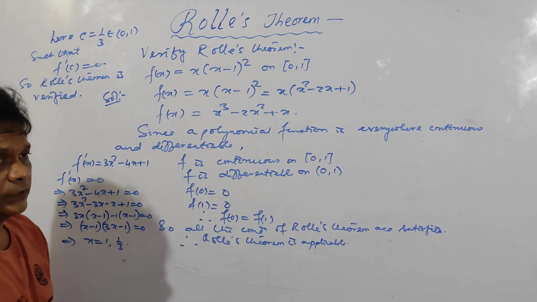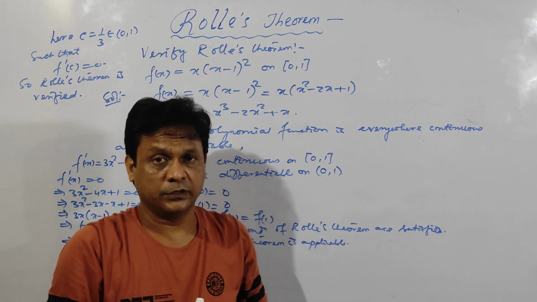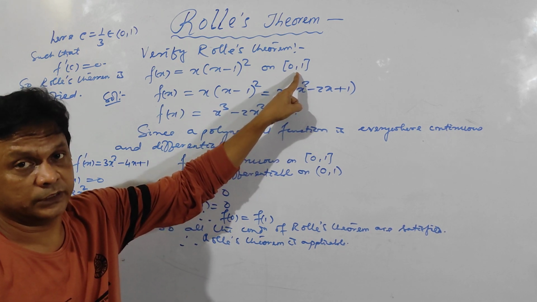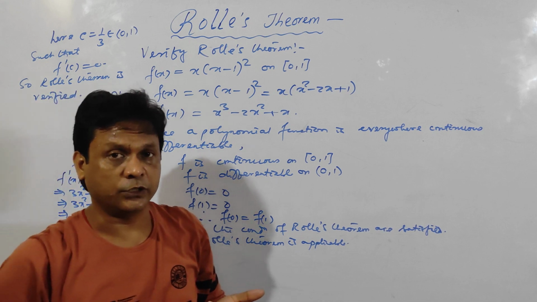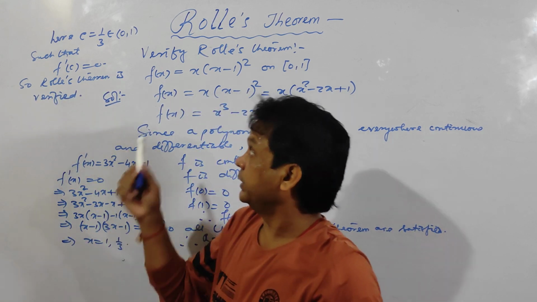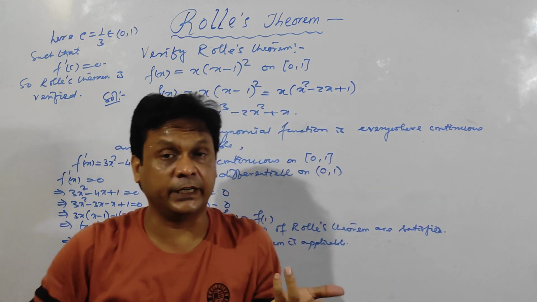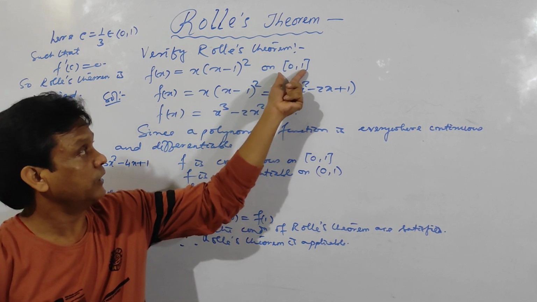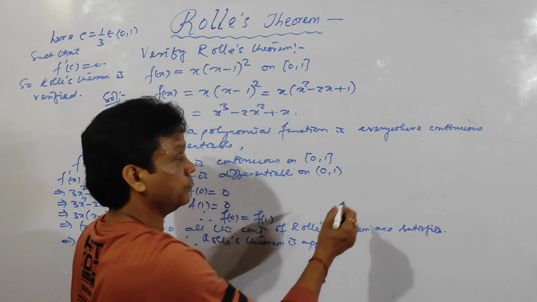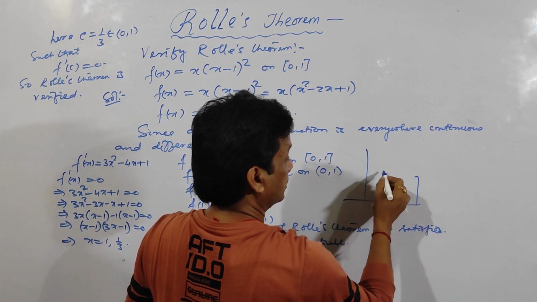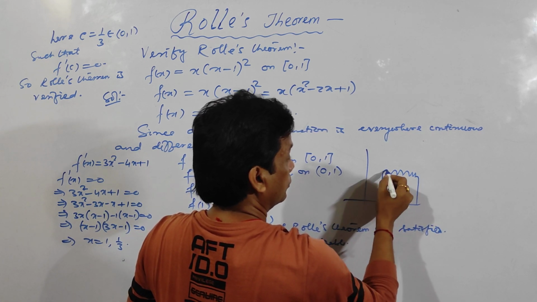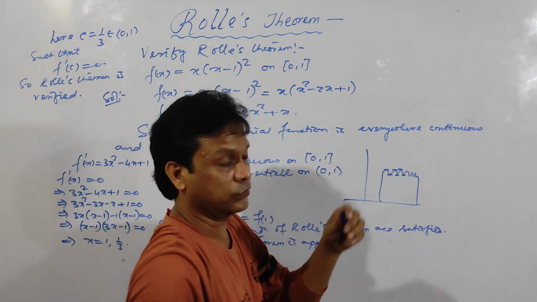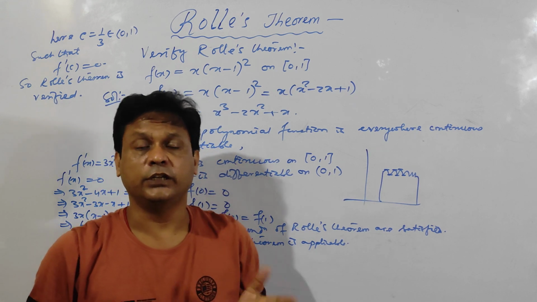You should take the point which lies in between A and B. But 1 is the extreme point here, so 1 cannot be equal to C. And C can be more than 1 point also. Remember, if this is a 3 degree equation or 4 degree or 5 degree equation, then maybe more than 1 point will lie in this interval. Because I have told you this case. So here is a point, here is also C, here is also C, and so on. So more than 1 point can be equal to C.